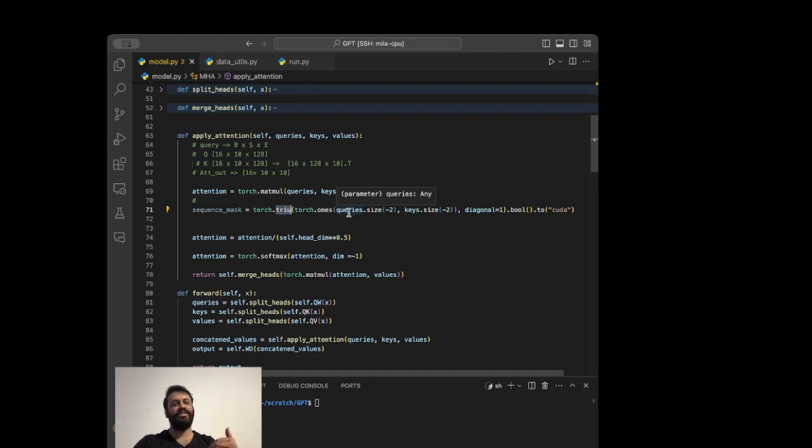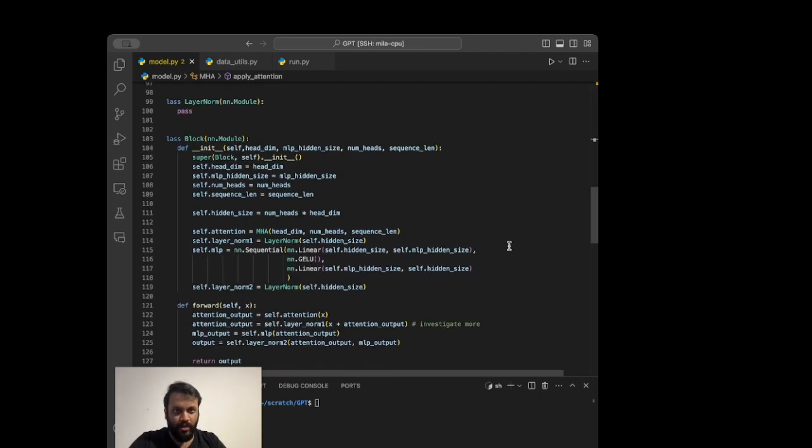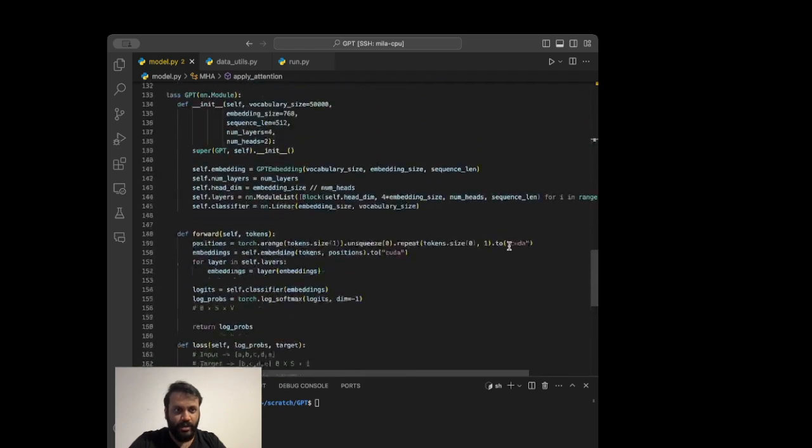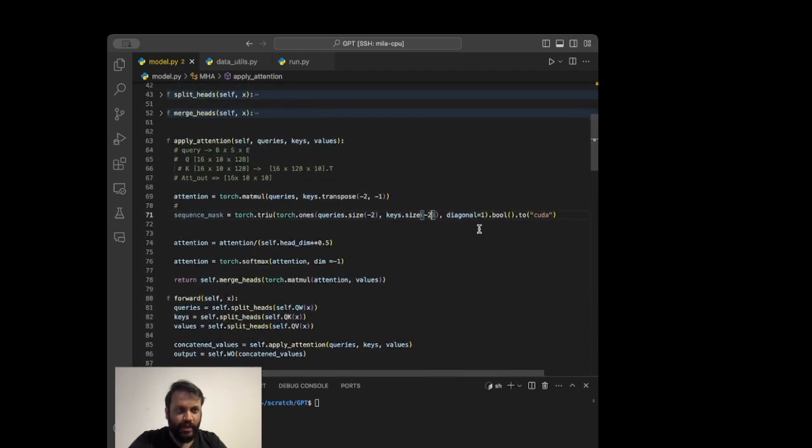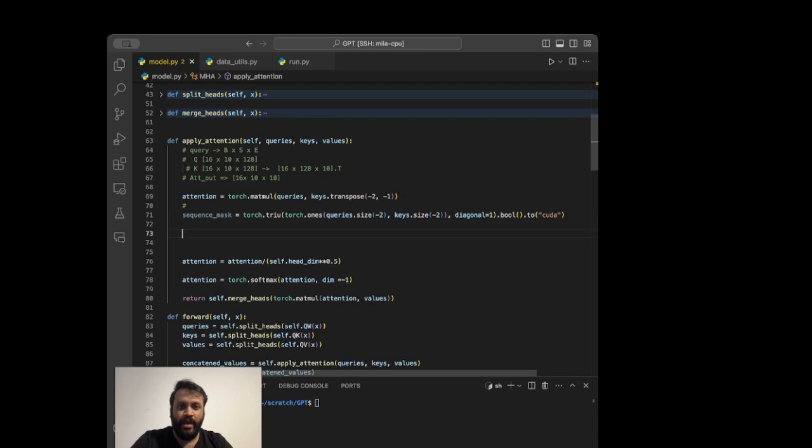Since our queries and the keys are of the same size, this would be just a square matrix, and we just need to fill upper triangle as 1 and the diagonal as 1 as well. Oh, sorry, where did it go? Yeah, here it is. Okay, once this is done, then my attention has to be masked fill